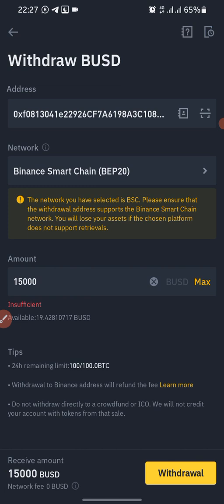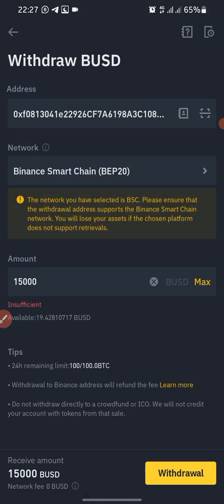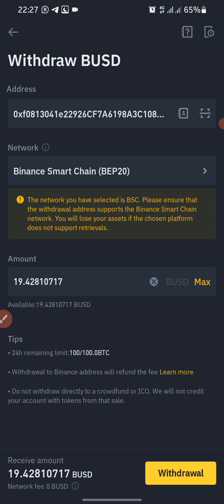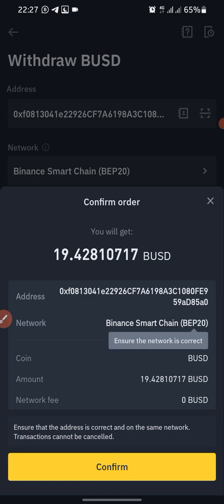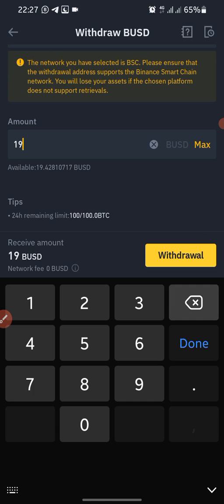Smart chain, BEP20. Confirm. No, I actually want to move 15 BUSD, so I don't know why it's telling me insufficient.